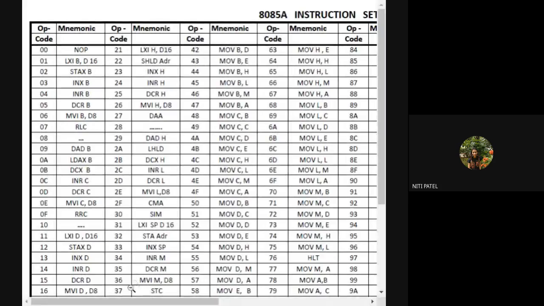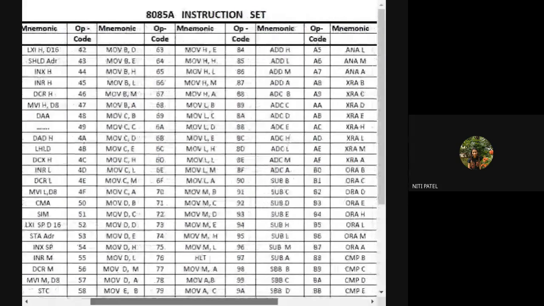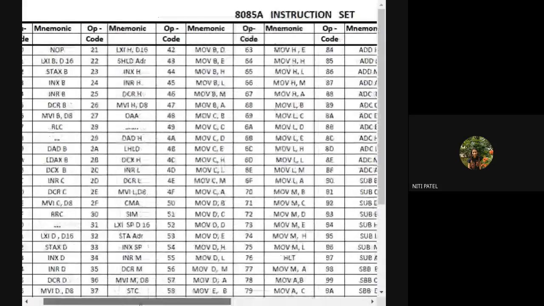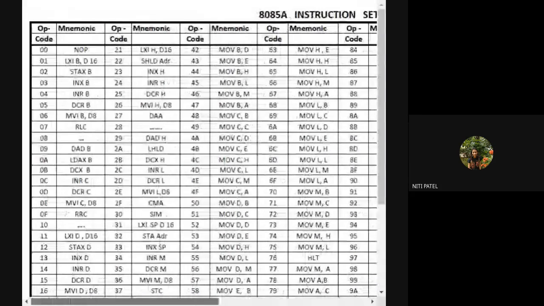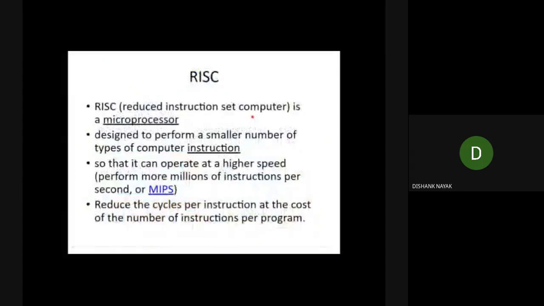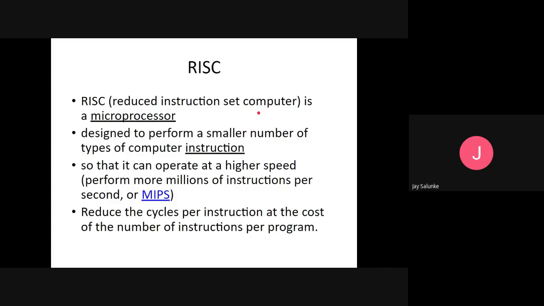So can you see for every instruction, there are multiple codes written? Can you see them? So how is the system understanding? The system is understanding with the help of these opcodes. Therefore, your instruction is also divided into opcode and operand. Can you recollect that now? Yes or no?